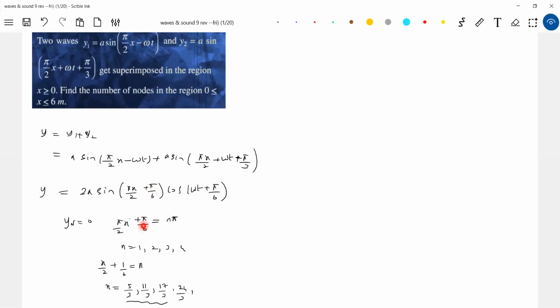Without this phase angle, okay, we did. Now with this phase angle it has come. I think this phase angle does matter for the position of nodes. Am I right? So compare it without the phase angle, you'll get the position of nodes different here. Very rarely will the reflected wave have a phase angle like this. It's very rare. You can say it's a mathematics-based question, not possible in the lab.